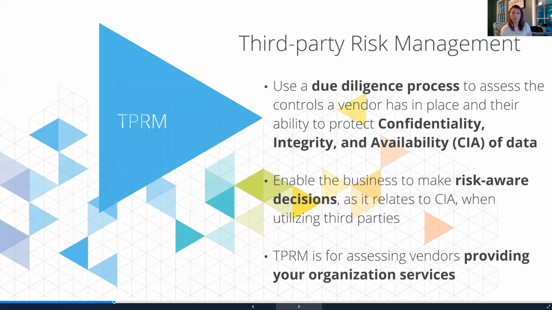Maybe they aren't doing pen tests. Maybe they don't have vulnerability scanning going on. Maybe they don't do risk management. What are all these things that we care about as an org? And some things your organization may not care about. They may not care that a third party doesn't have governance in place, but they're sure going to care that they don't have vulnerability management in place. So it's all about assessing those vendors and doing the due diligence,